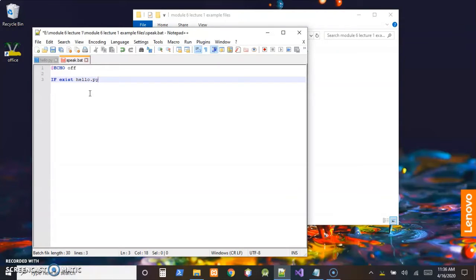Hello.py. So I'm trying to keep this simple and quick. I'm just going to check and see if that hello.py file exists. And if it does, I'm going to start it. But if it doesn't,